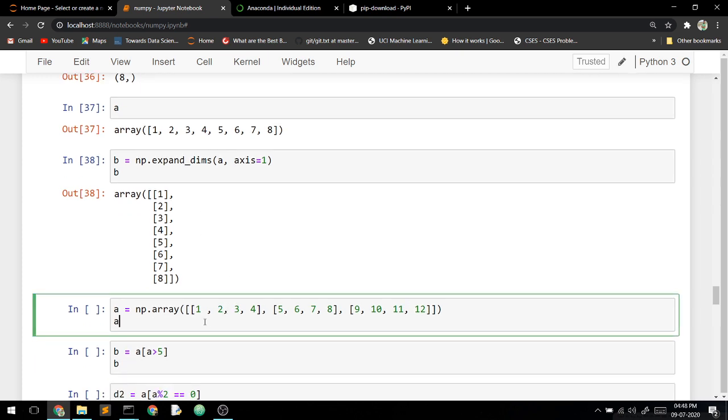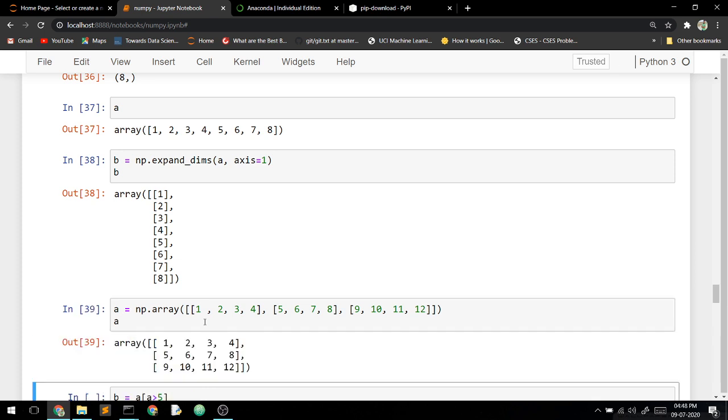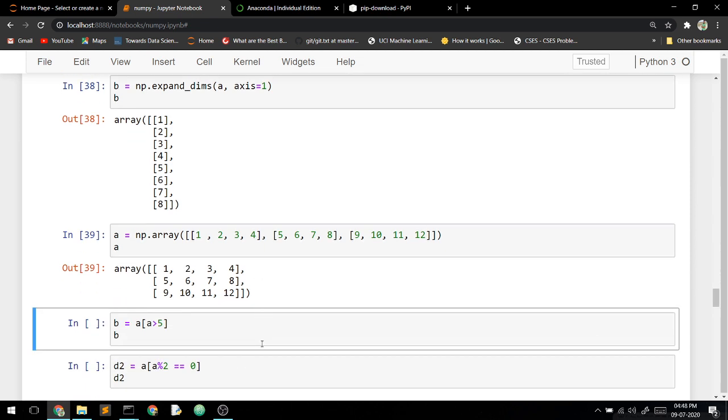Now we are creating another numpy array: 1, 2, 3, 4, 5, 6, 7, 8, 9, 10, 11, 12. It has 3 rows and 4 columns. We can directly perform simple checking of elements or simple search operations using numpy functions without looping through all the elements.